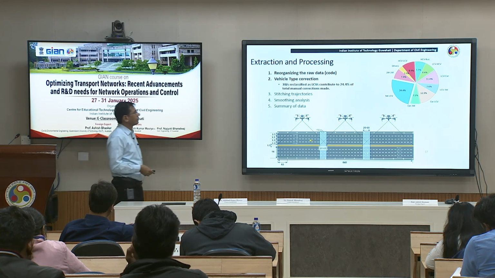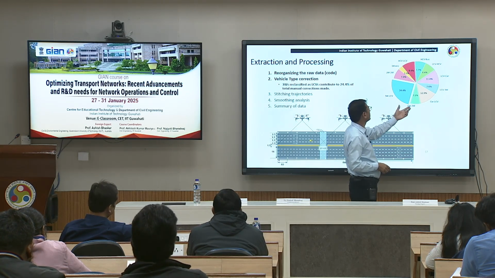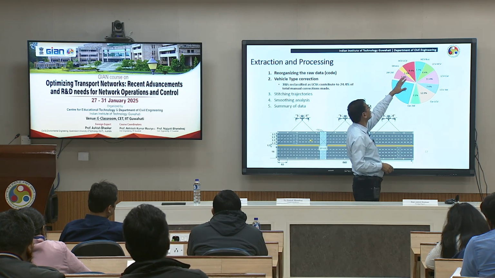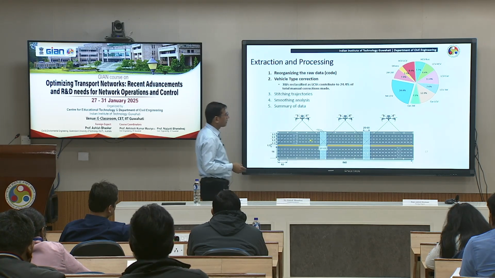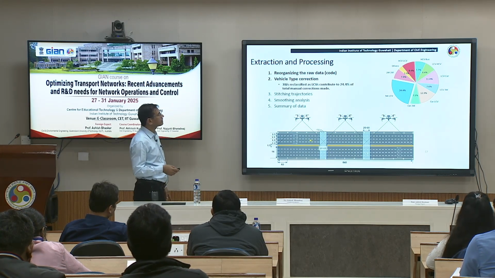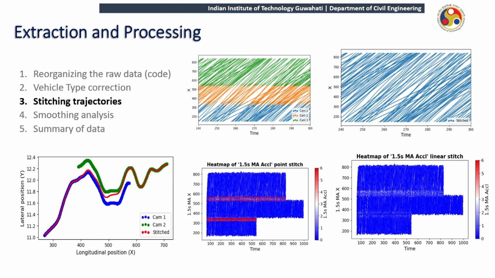Okay. So in this case, this was the kind of vehicle distribution. You can see that we are able to collect all varieties of vehicle pairs, because this is a highway. So the two-wheeler percentage was not that high, the car percentage was significant, and there was also a truck percentage. Now once you get trajectory data of drone 1, drone 2 and drone 3,